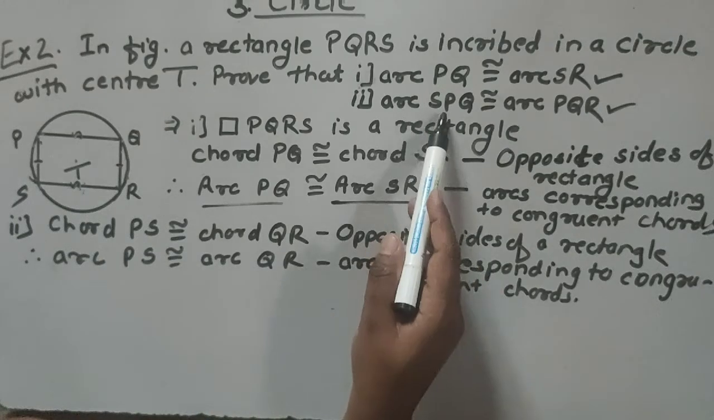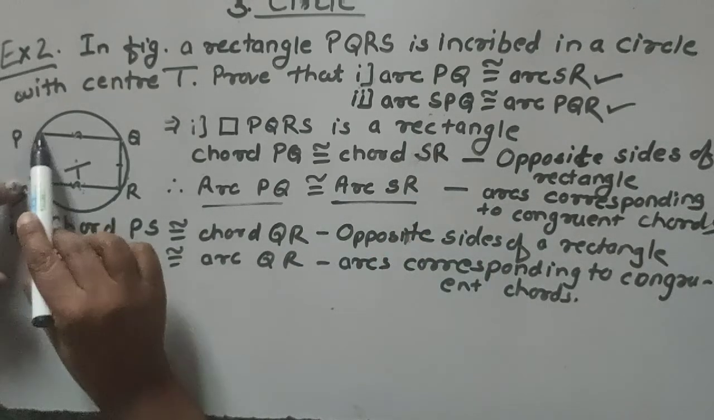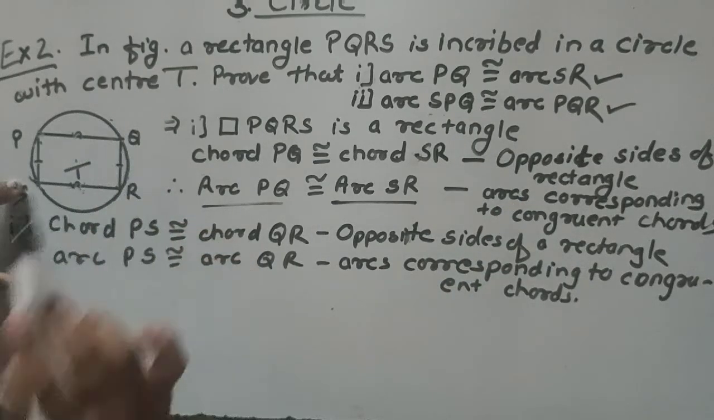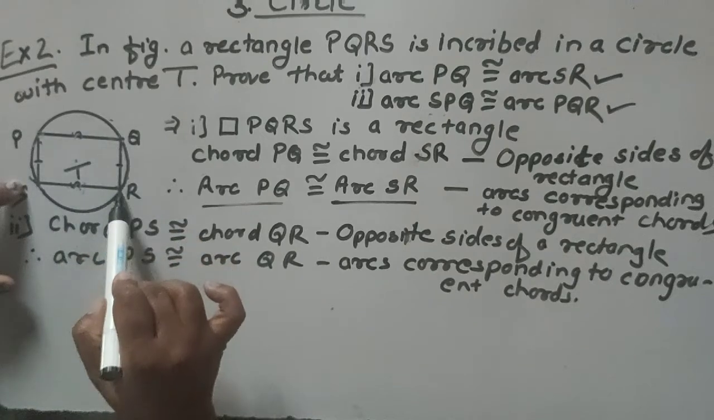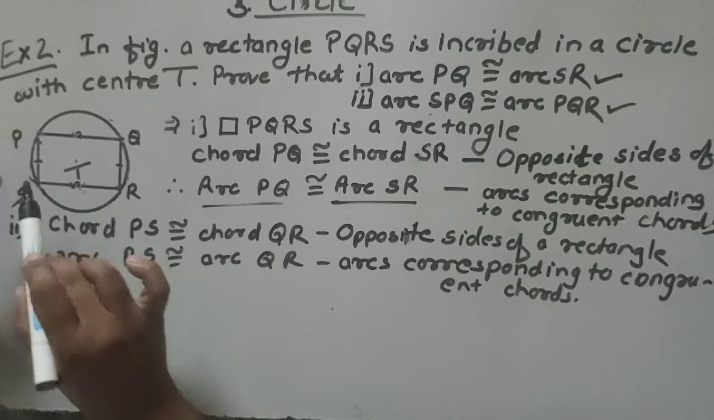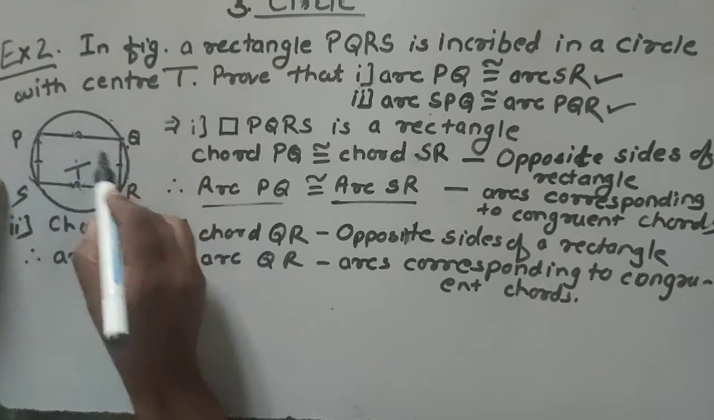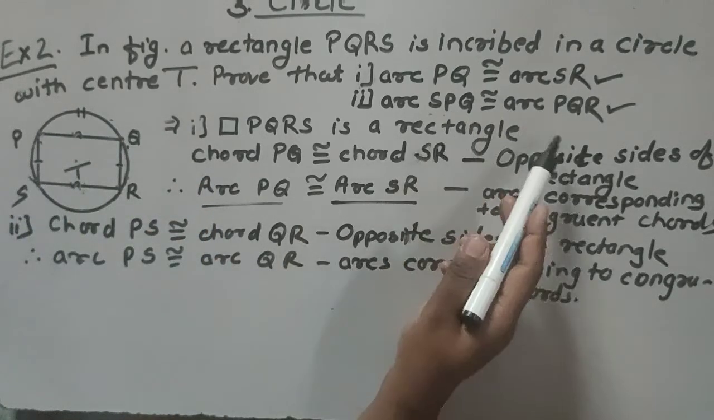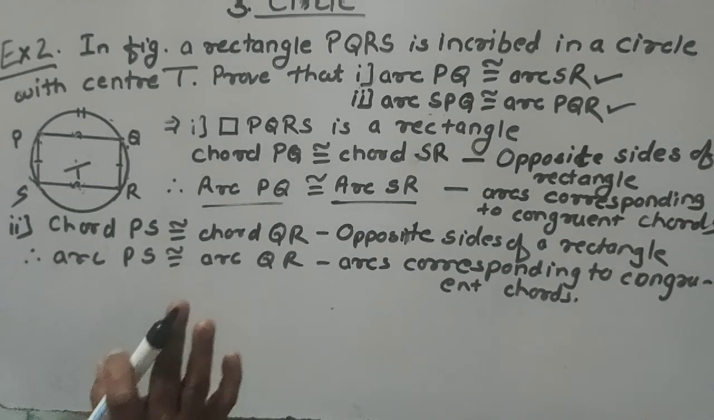Okay, now this PS is congruent to QR. Now what we have to find out? We have to show that SPQ is congruent to PQR. What I said? SPQ is congruent to PQR. That we have to show. If you notice these two arcs, that is SPQ and PQR, in both of these arc PQ is common. Okay, so we will write here,